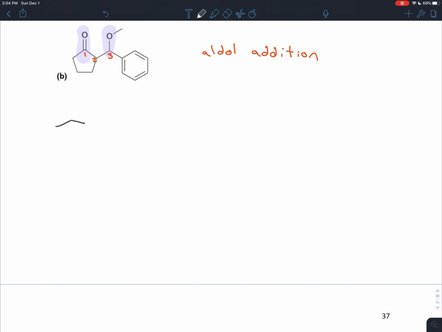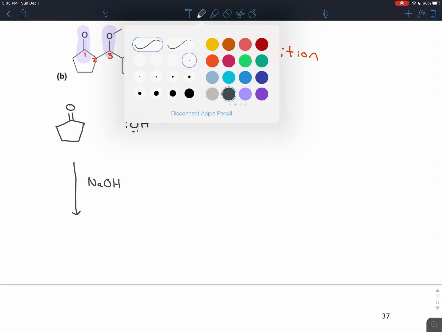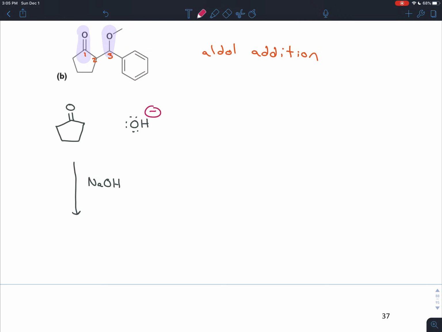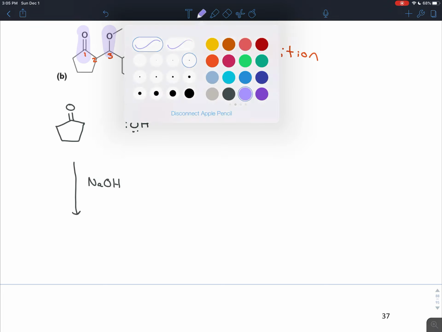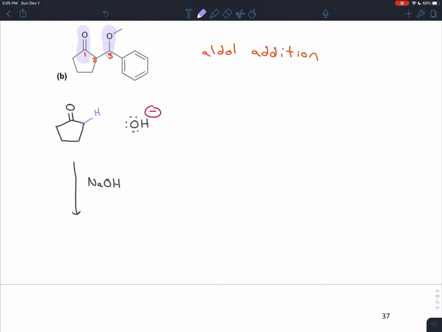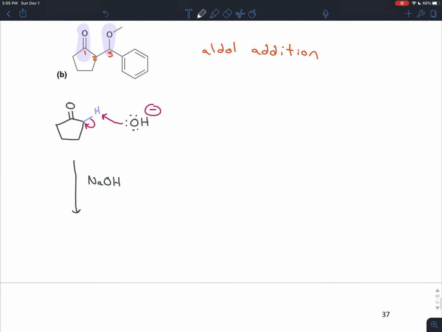So if we have cyclopentanone, and we treat that with sodium hydroxide, let's think about what would happen. The hydroxide is really the reactive part of that molecule. It can act as a strong nucleophile or a strong base. Here it's going to act as a base because we have a vulnerable hydrogen for it to rip off. It can steal that hydrogen there, it can snap onto that alpha carbon, and so we would create